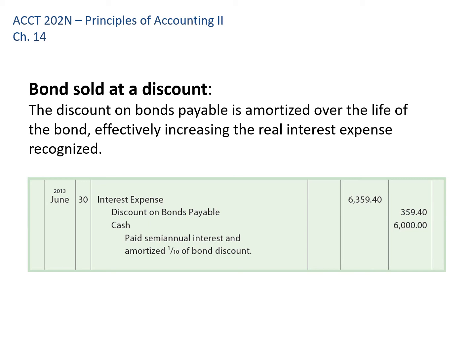So my interest expense when I've issued bonds at a discount is going to be greater than the cash I'm actually paying out for the interest payments. So I'm kind of spreading the pain of the fact that I didn't get as much from my bonds as I had hoped to. I'm spreading that pain over the 5 years through increased interest expense.